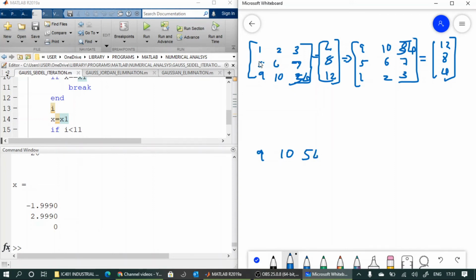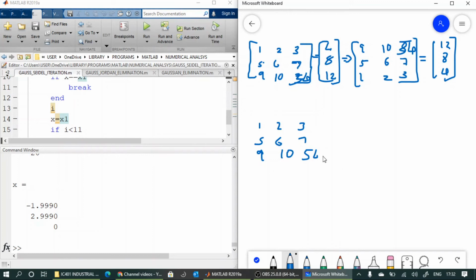Now the remaining two rows: 1, 2, 3 and 5, 6, 7. In both cases, if it is 6, then 5 plus 7 is 12, so there is a minus 6 difference. Now if it is 1, this is 5, so a minus 4 difference. So definitely there is no advantage if you select either this one or this one. That is our option. Anyway, no advantage. So we can select 1, 2, 3, 5, 6, 7.